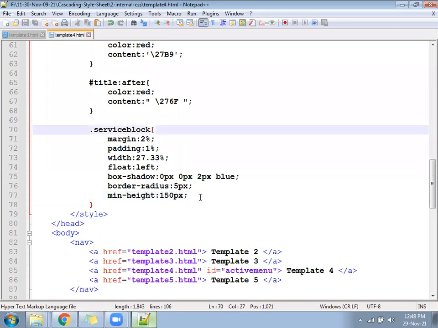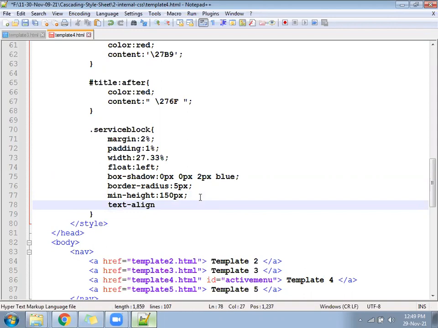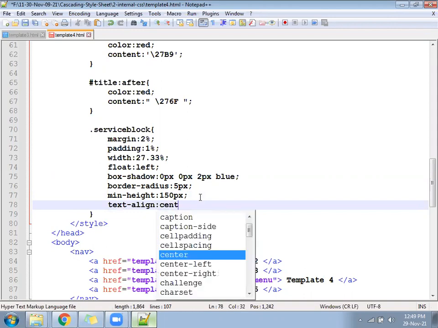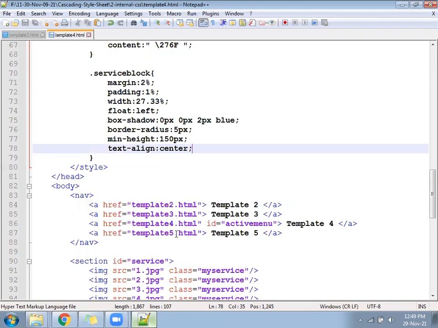So in this again you can write text-align center, text-align as center. Text align center.